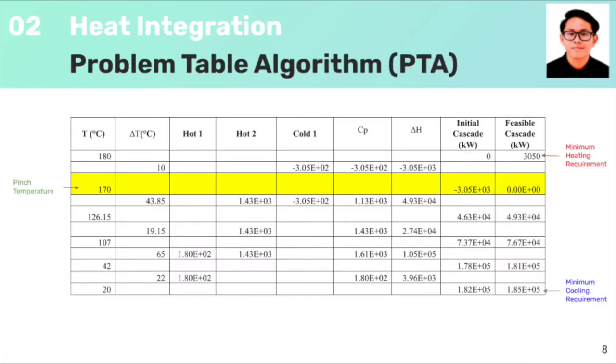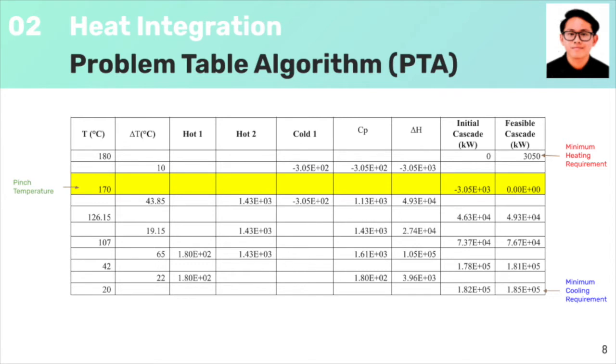Another method of heat integration is by using problem table algorithm (PTA). At the highest temperature, the enthalpy change indicates the minimum heating requirement. Meanwhile, at the lowest temperature, the enthalpy change indicates the minimum cooling requirement. As you can see, the enthalpy change with the value of 0 indicates our pinch temperature, which is at 170